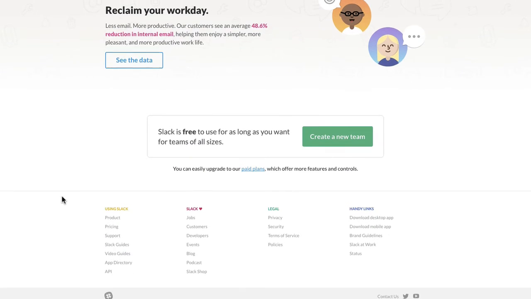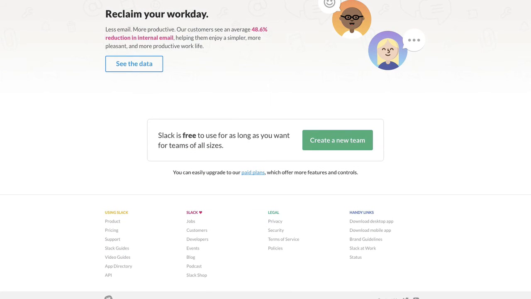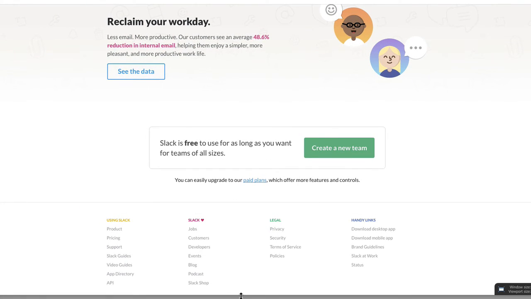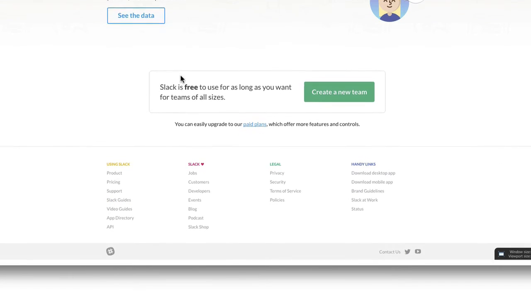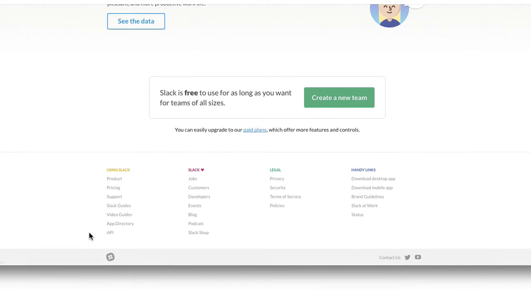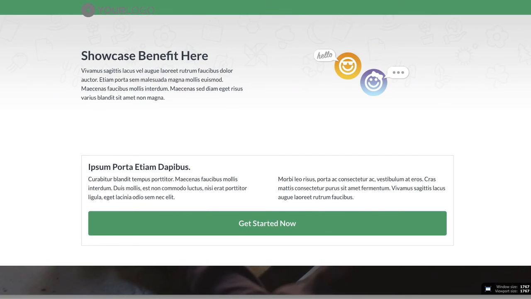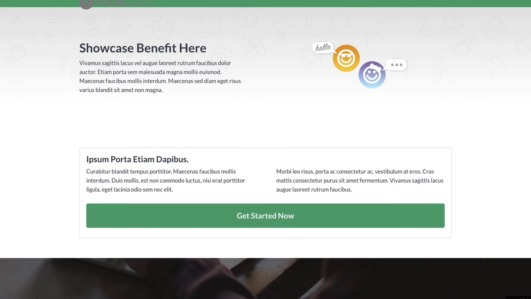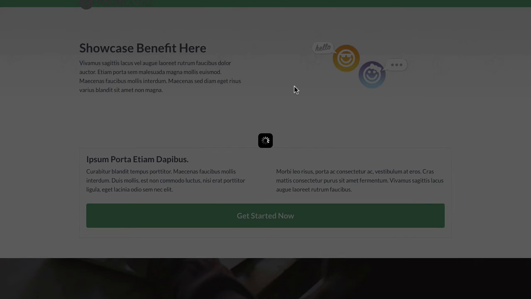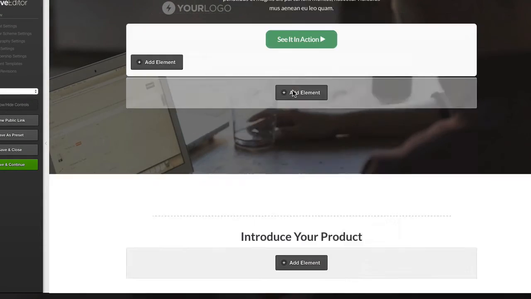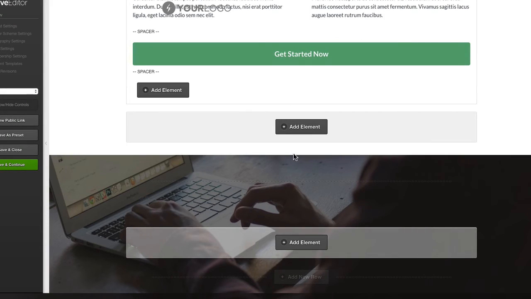Last thing I'm going to do is just throw in, if you look, if I just minimize the browser or bring the browser up here and scroll, you should be able to see we've got a Slack logo down the bottom left here, and then we've got the social icons on the right hand side. So I'm going to just build something like that into this, and it'll just be a case of putting like a 5-row column and just putting a logo on the left and right. So if I add another row in here,